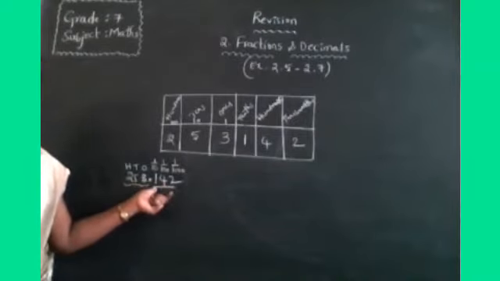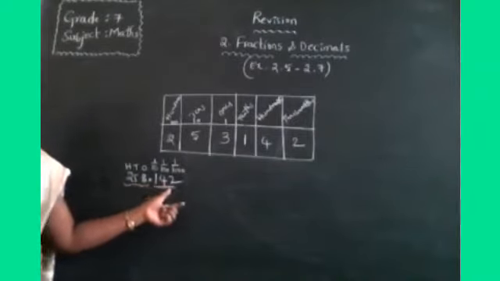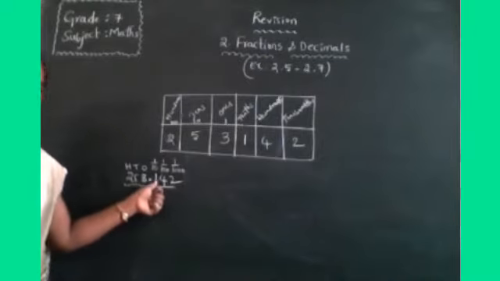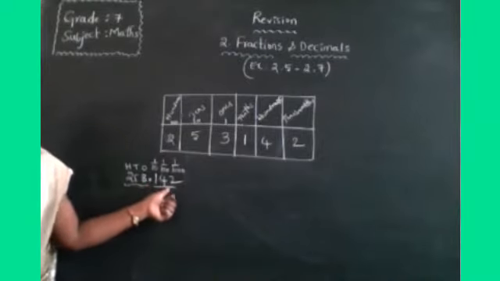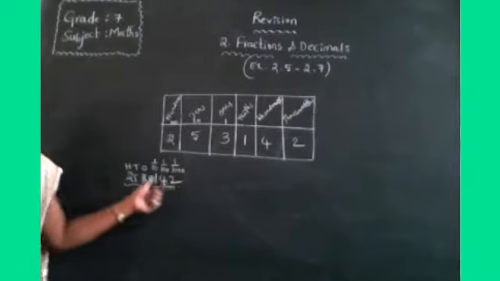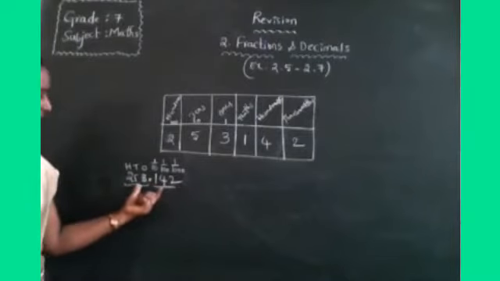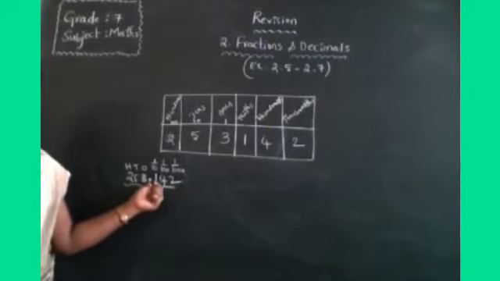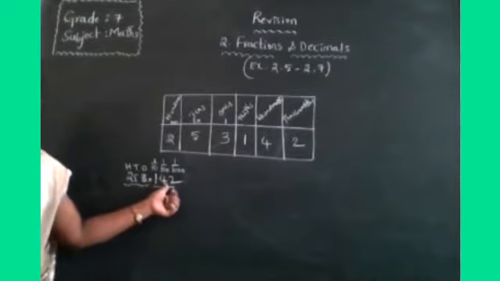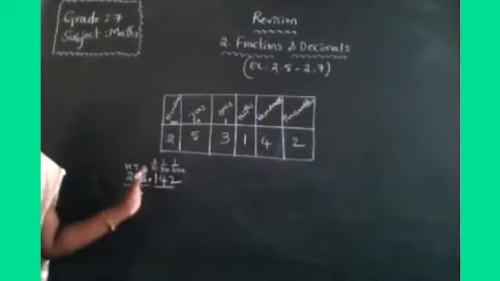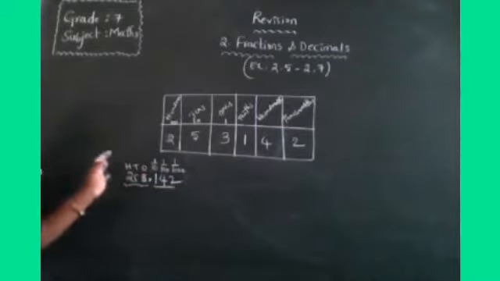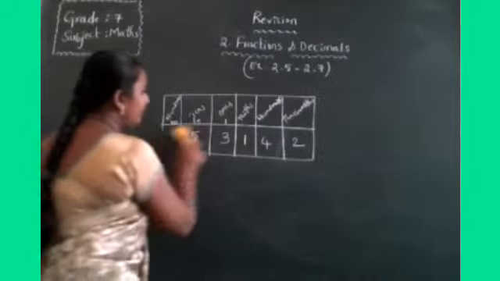After the decimal point, you have to read digit by digit. One by one means 1, 4, 2. How to read this decimal number? 253.142, not 142. Okay, children? Right.